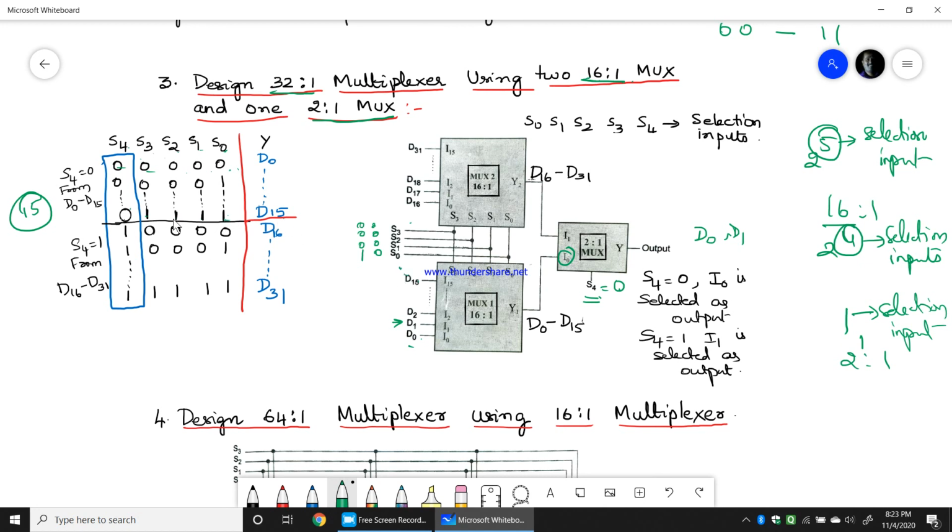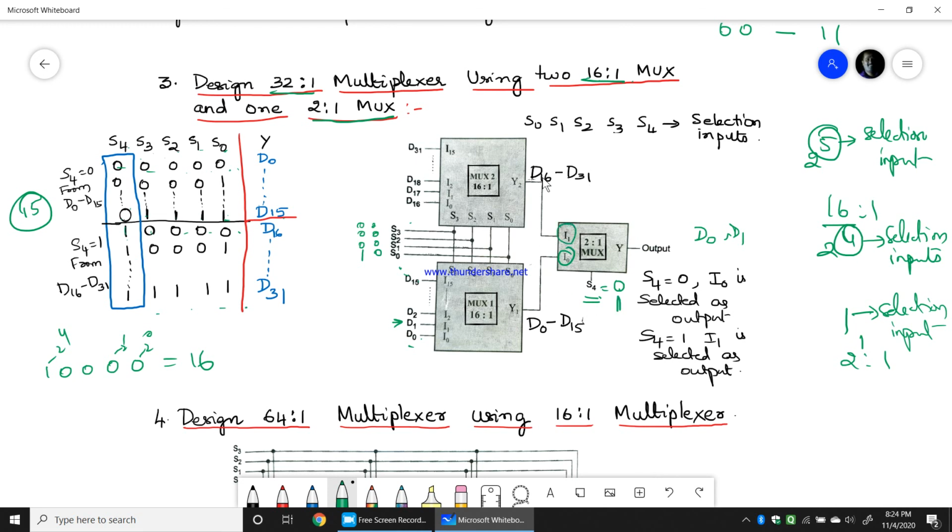After this 1, 1, 1, 1, the next binary value will be for D16, which is 1, 0, 0, 0, 0. So we all know this is 2 power 0, 2 power 1, 2 power 2, 2 power 4 is 16. So this is the binary value for 16. So therefore now S4 will begin with value 1, where S3 to S0 will again vary from 0, 0, 0, 0 till 1, 1, 1, 1. So now when S4 is 1, I1 will be selected.